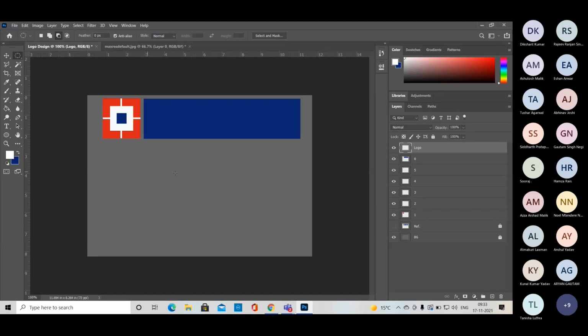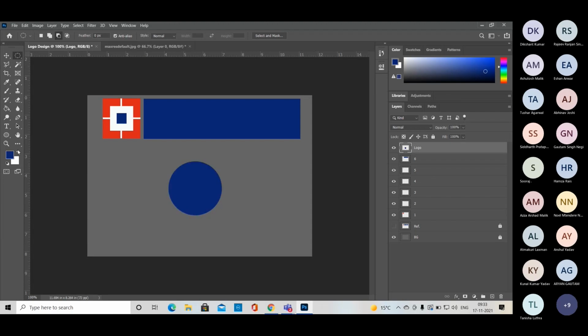I select the elliptical marquee tool and just drag it. I have one circle, right? I have to fill the color. I have to fill the background color. So I switch the color, then Alt Backspace, right?